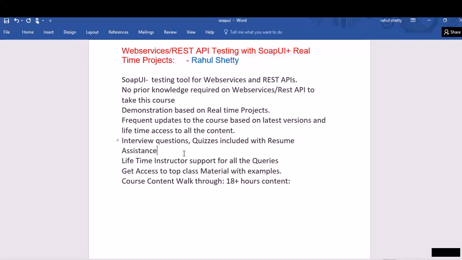Apart from that, the cool feature you get for all Rahul Shetty courses is lifetime instructor support. Whenever you have a question, there is a dedicated discussion board for us. You can post the question there and I will get back to you in less than 24 hours. I will regularly keep checking all the questions posted on the discussion board, and if